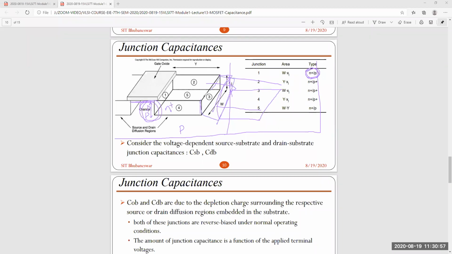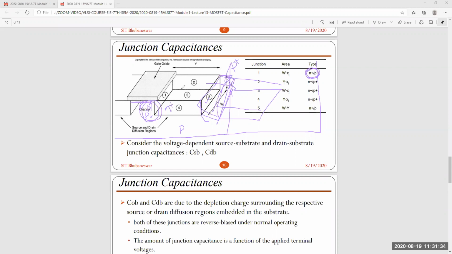That is nothing but completely P plus material. That is N plus, so it's a P plus material. That's shallow trench isolation. You have to create a trench here just after the device and put P plus. So you can see 3 N plus, and just on the side it's P plus. So there is an N plus P plus junction or not? Yes, sir.